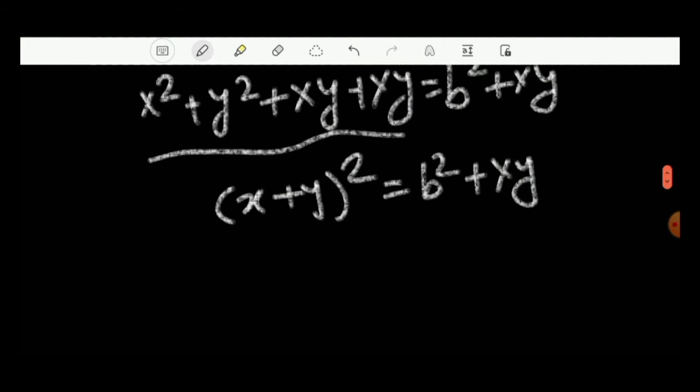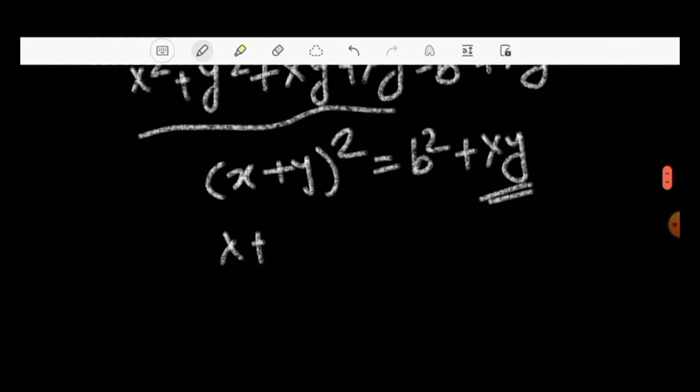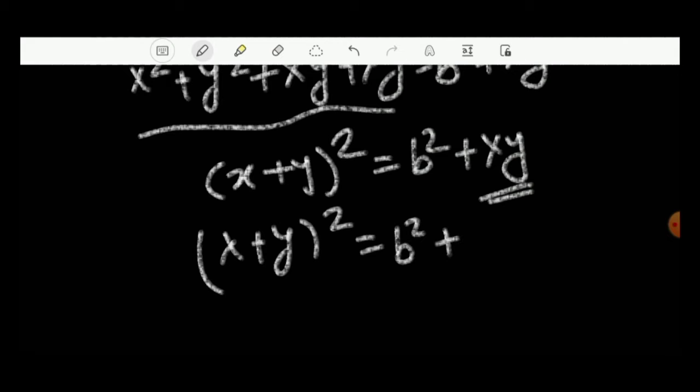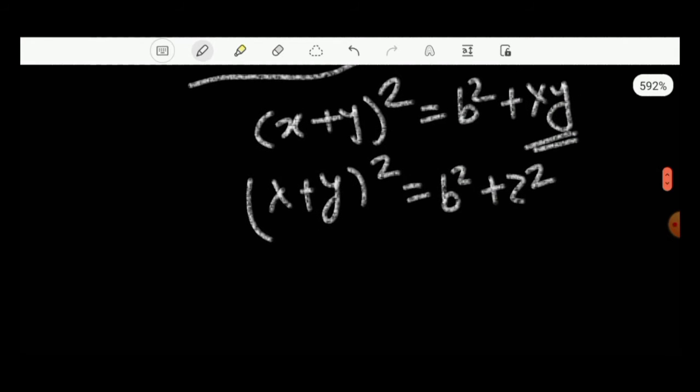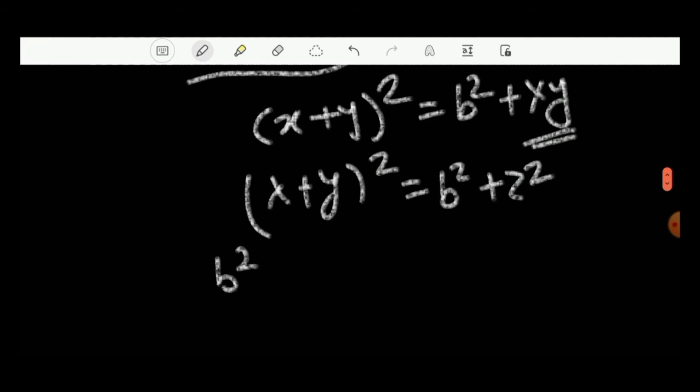And now we can again substitute its value, which is z square, and now we can evaluate the value of b square, which is x plus y whole square minus z square,